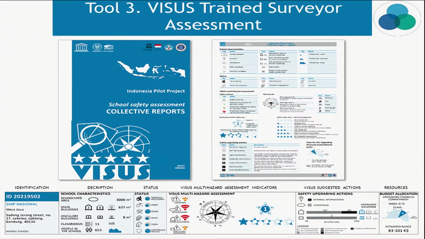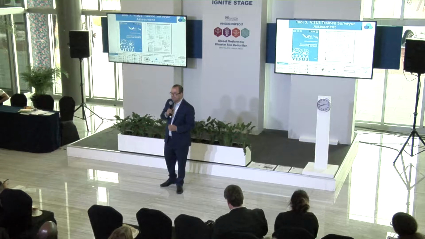We check the site, so we try to see what the environmental risks are concerning the location of the school. We check the structural elements of the schools in 2 ways: how the school has been built, but also whether the school has some particular problems. We check the non-structural elements that are causing a lot of problems nowadays, and we check the functionality of the building itself, so what the opportunities are to access for the emergency services and to egress, or evacuate, in the case of an emergency.